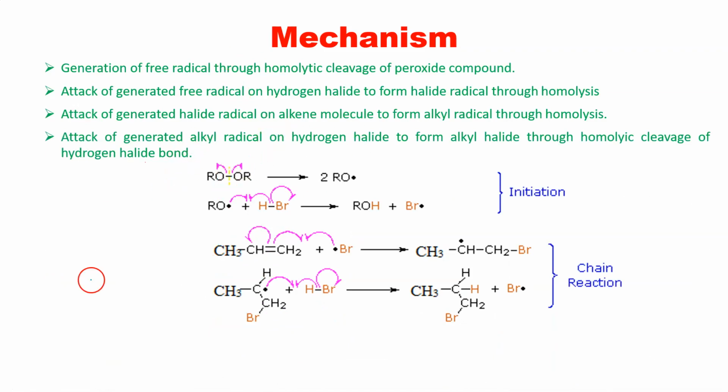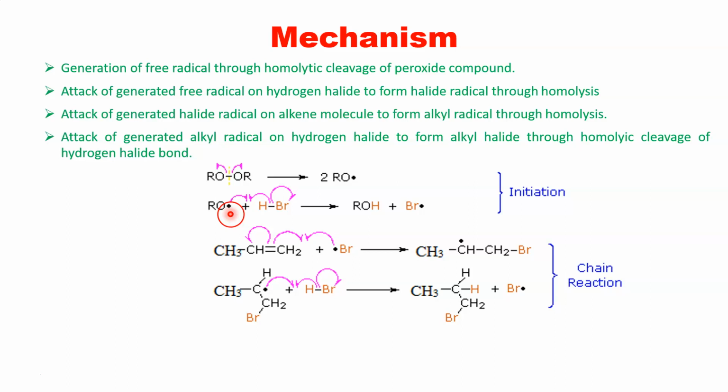In the first step, generation of free radical through homolytic cleavage. So homolytic cleavage means electrons are being transferred equally to both the species. So that is why we get this RO, that is a free radical, a peroxide radical. It shares only one electron with itself, and that is why in case of a free radical, there is no plus or minus charge. It is shown by a dot. So dot means that it is carrying an electron with itself. So we get 2 equivalent species of a peroxide.